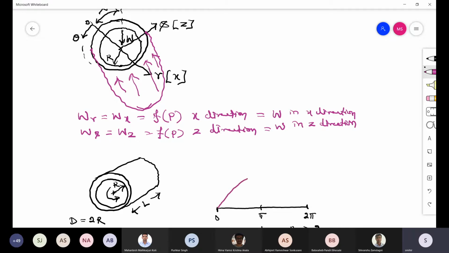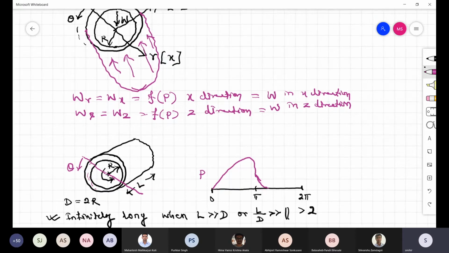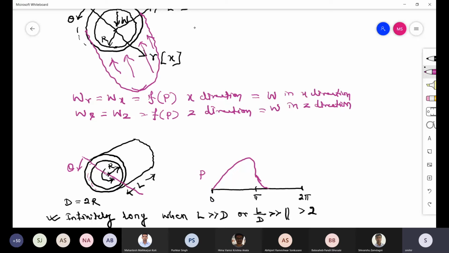So pressure distribution will be something like this. Okay, this is the pressure profile, pressure P, that will get inside this narrow gap, starting from where? Theta starts from, if you join two center lines of bearing and your journal, then theta starts from here. Okay, so this is the theta, it starts from here. So your pressure profile looks like this. This is in theta direction.